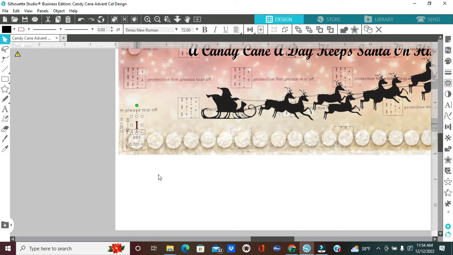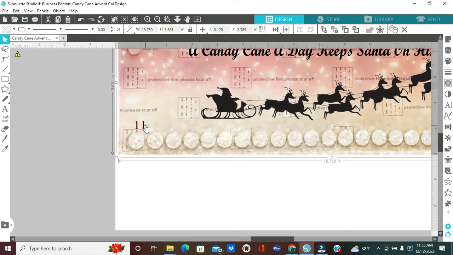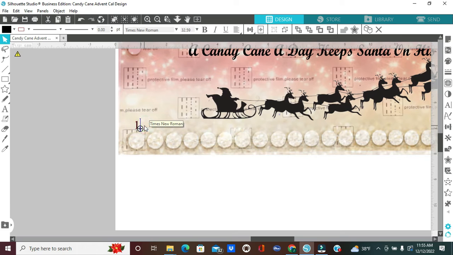Make sure that I have it in the middle of this circle. Then I'm going to right click, duplicate, change the number to 2, drag this over. I'm taking my right arrow key and placing it right here in the middle of the second circle. Then I'm going to right click, duplicate,